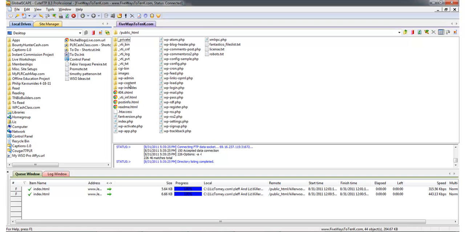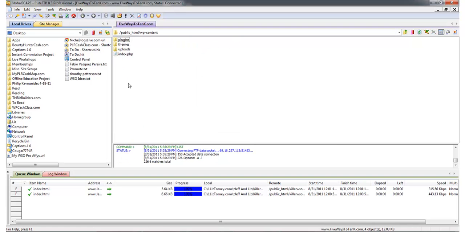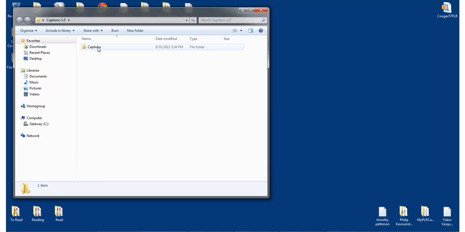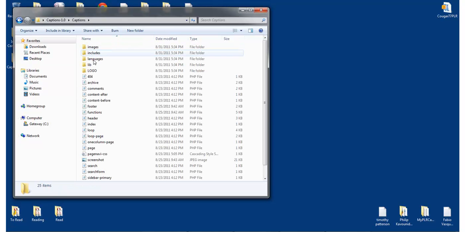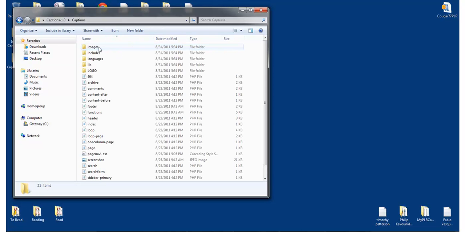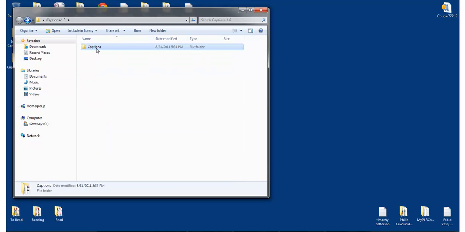We're going to go into WP-content, themes. Now, let's go check out this theme. It's already unzipped. Here's the theme. You want to open it up, make sure that it opens up to all these files. If it opened up to like another folder, you'd have to go within that folder. You want to get it to where the next folder you click on has these, okay? If not, you're going to screw up the hierarchy of the files, and then you won't be able to install